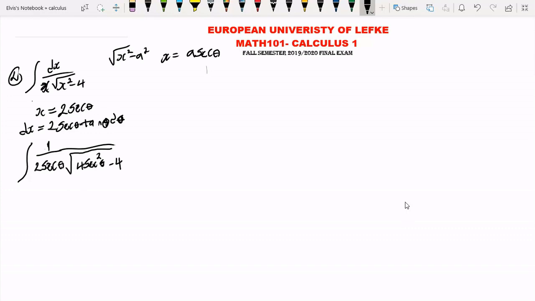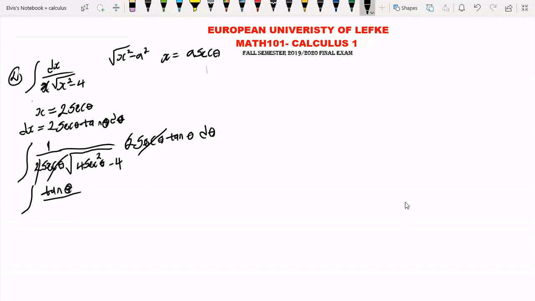What about the ds? The ds is 2 secant theta tangent theta d theta. So these two are going to cancel out, and secant theta is going to cancel out secant theta. So we now have the integral of tangent theta d theta divided by